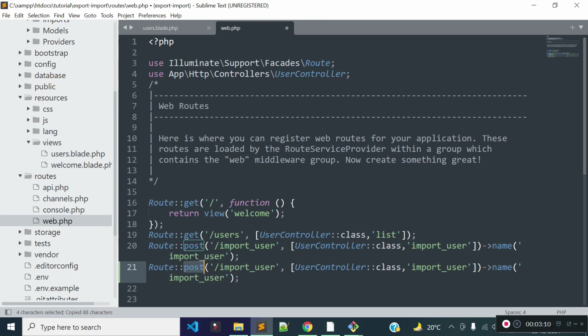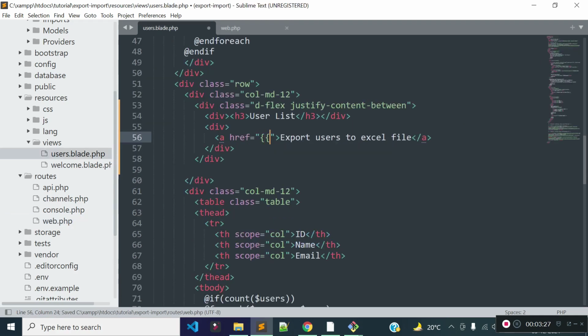Now let's generate the route for export functionalities in our web.php file. So the route method will be get, and the URL will be our base URL /export_user, and it will execute the users controller's export_user method, and the route name will be export_user. Now let's provide the route name here to this href.